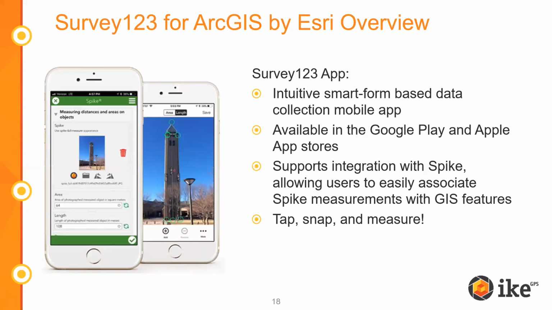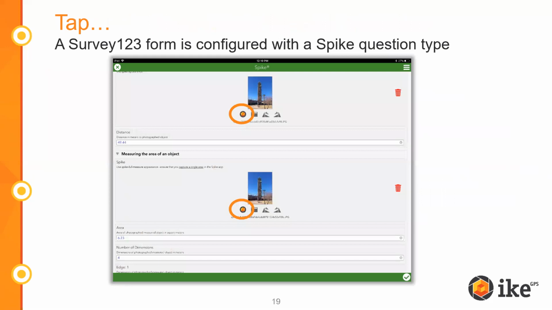Other than Esri does a really nice job with some of its webinars to have that discussion, and I encourage you to take a look at that on your own. But we like Survey123 because it allows us to add this type of attribution into new or existing data sets that you're going out and collecting, and bringing that into ArcGIS. And so I will demonstrate this here shortly, but